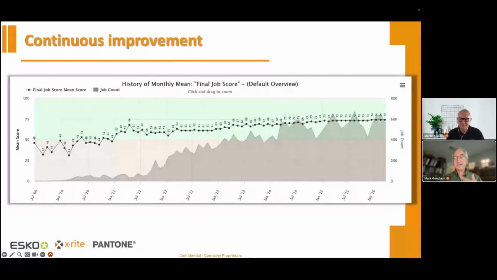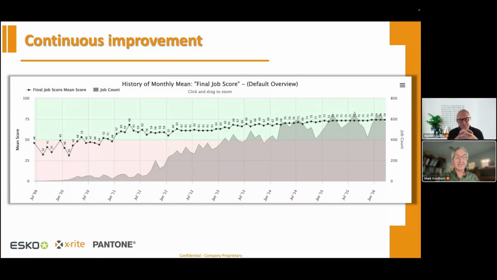So again, using the storyline I was telling you earlier, if I continue to look at all of the areas that I'm doing poorly at, or even better, if anything is failing, if I get rid of those failures and improve those scores like we just talked about, what we're going to see is over time our score is going to continue to climb. What I'm showing you right here is real data from a brand that started working using ColorCert a long time ago. And what they did was, as their suppliers started to measure their work, what they found, and this is common, by the way, we see it with so many other brands,